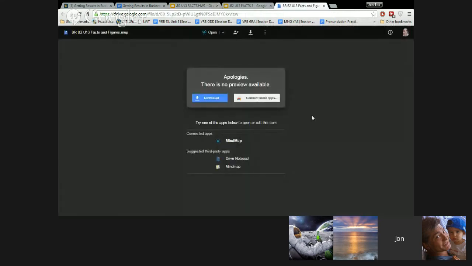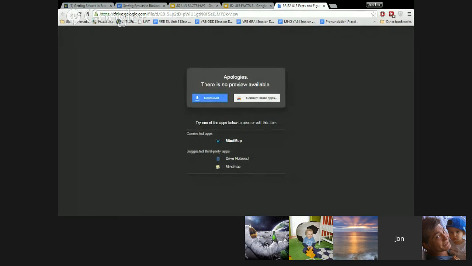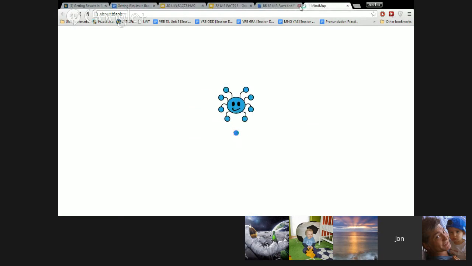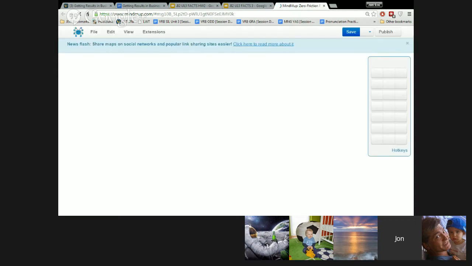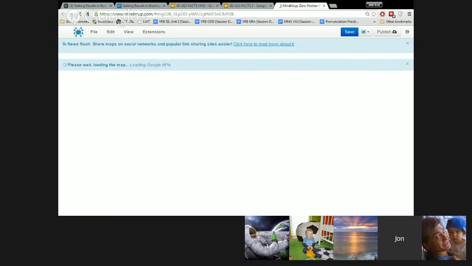Before we go there, this is our mind map. You might not be able to open the mind map. If you can't, you can click on Connect More Apps, choose Mind Map. That's the application that will view it for you. When you click on it, it will open like this. And I've given you a way to practice everything you learn. Let me show you what I mean as this opens. So let's do a little review right now, and then I'll answer questions from the homework, and we're going to go on to a practical application of some of those key expressions we've just learned in the last class.